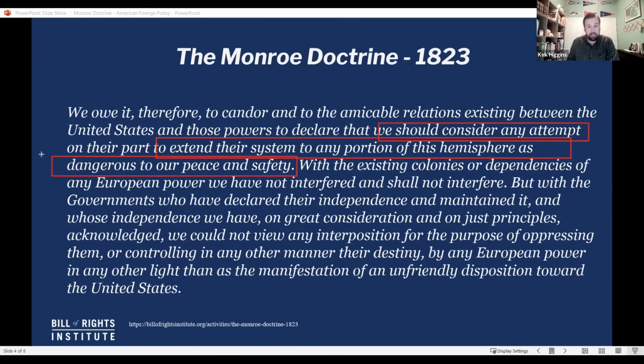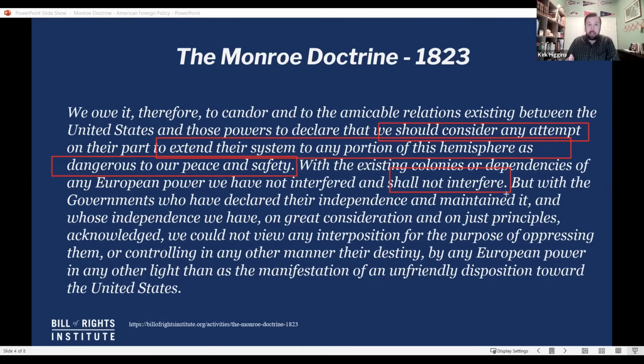With the existing colonies or dependencies of any European power, we have not interfered and shall not interfere. Okay, so he's saying we should consider any attempt to extend their systems as a threat, but with the existing colonies that they have over here, we have not interfered and shall not interfere. All right, why is this important? Well, remember, what the Monroe Doctrine becomes known as is a line in the sand saying that the Western Hemisphere is sort of the backyard of the United States. It's an area where we are seeing our sphere of influence, right? This is an area where any action that takes place here is directly relevant to the interests of the United